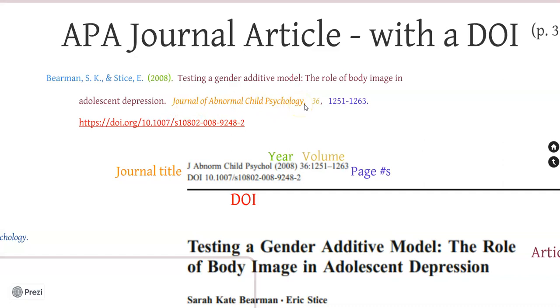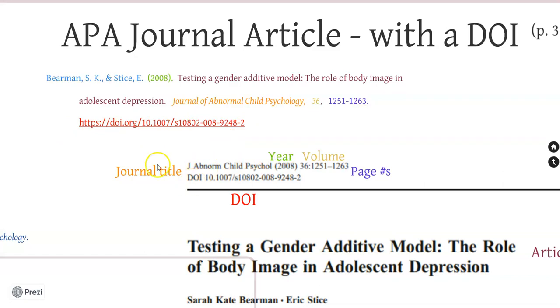Now, you'll follow that with a comma, and then you'll include the volume number. If you only have the volume number, just include the volume number. If you have the volume and the issue number, you'll want to include that. And the next example will show you how to do a volume and an issue number. Now, if I have the volume number, I'm just going to include it here. It is also italicized. Include a comma, the pages of the entire article,